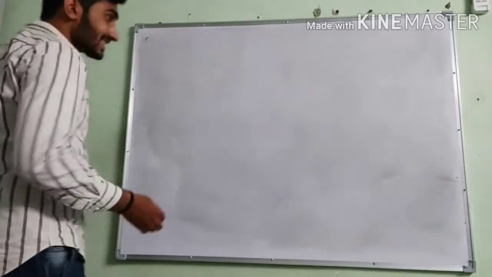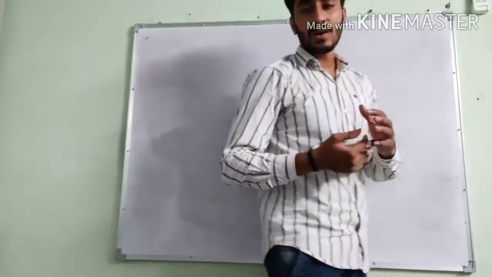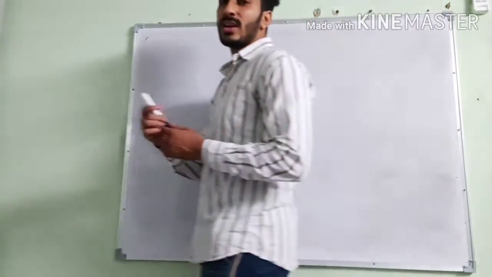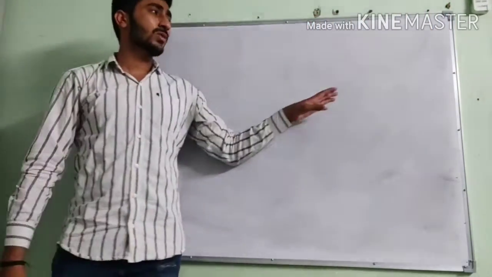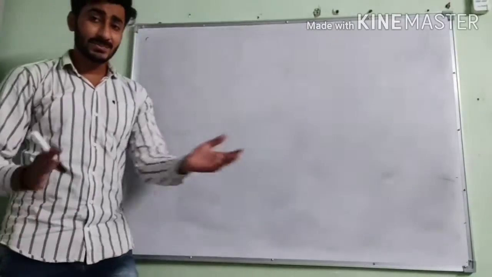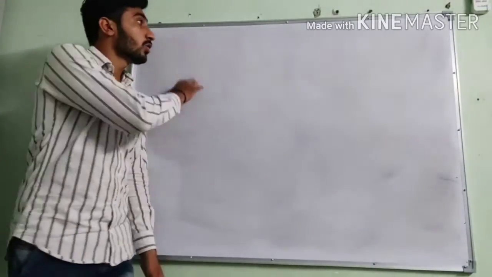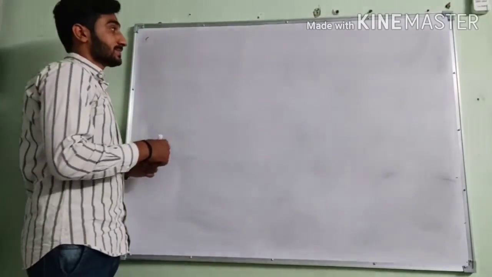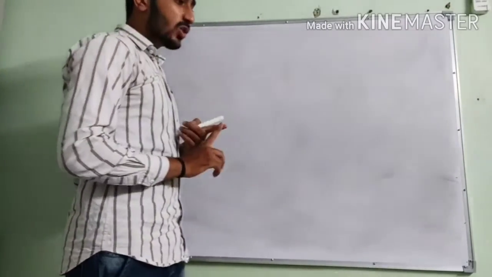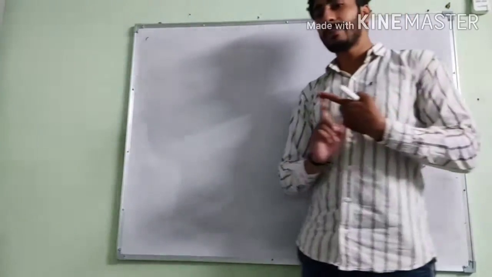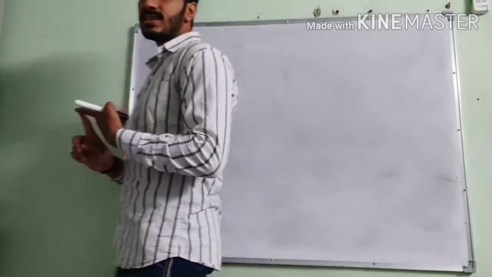Now, there are some limitations of our Coulomb's law. It means you can also say that there are drawbacks of Coulomb's law. Something Coulomb's law could not explain, and what were those drawbacks? First, it is only applicable for two charges only.